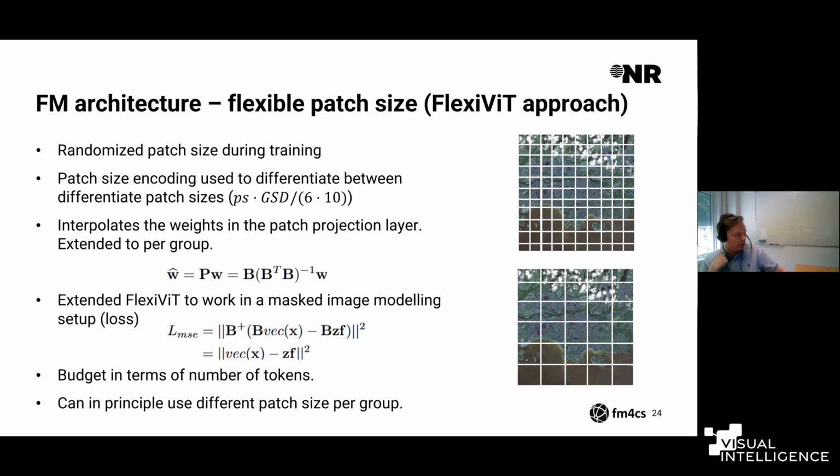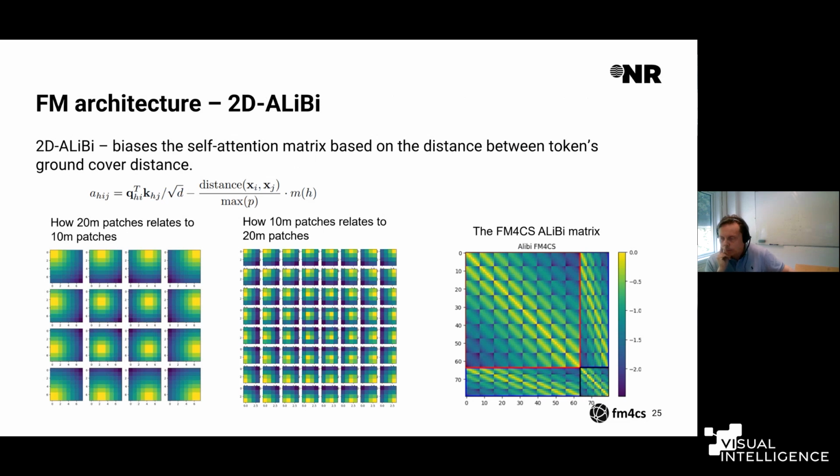And then the challenge with all these different sensors and different groups in the FlexiViT approach: a normal transformer has a positional encoding incorporated. Typically, it's a sinusoidal type of encoding to encode which patch it is in the grid. That didn't fall out that easily for this case, since we're changing the patch size on the fly. So instead we use something called ALiBi